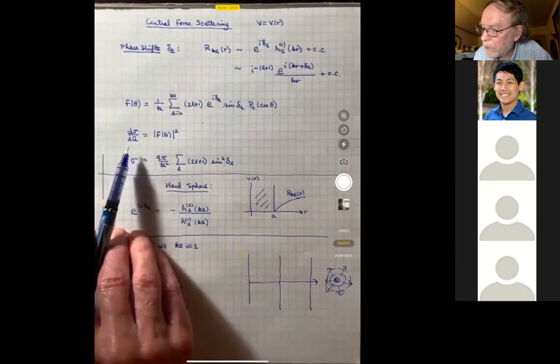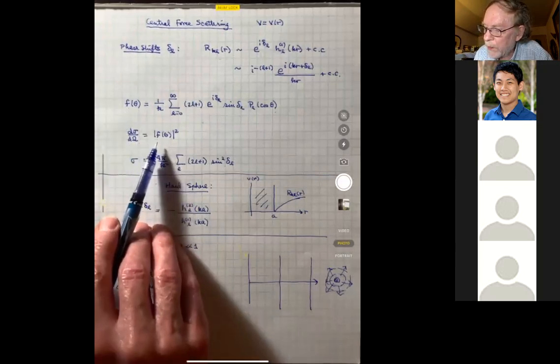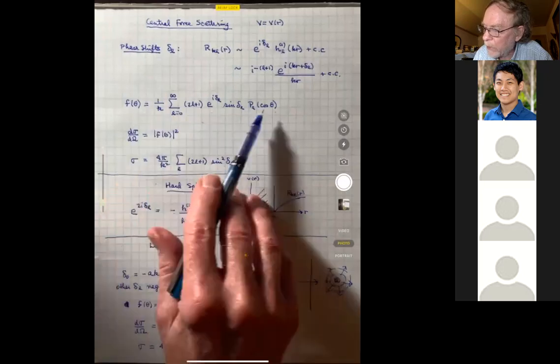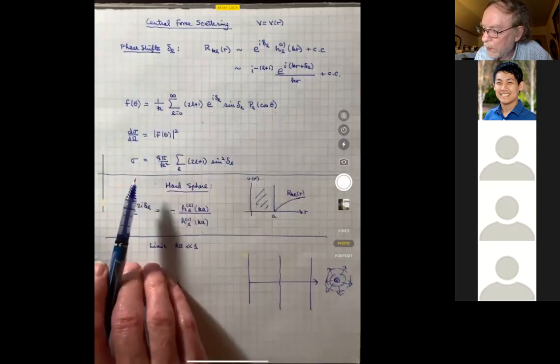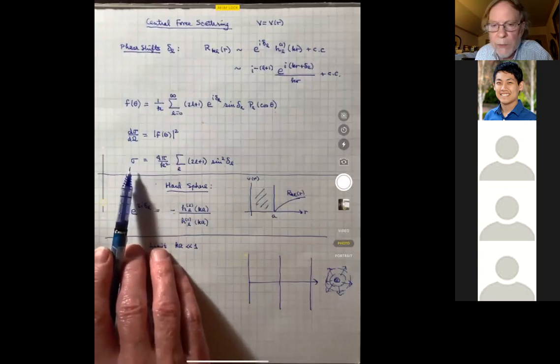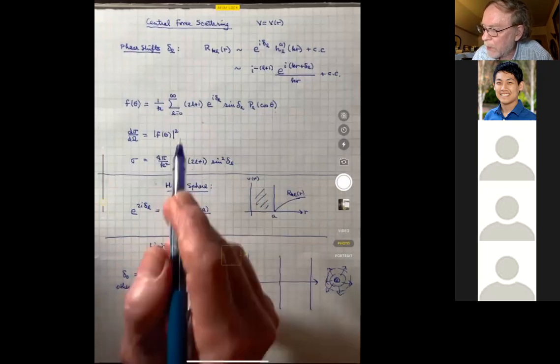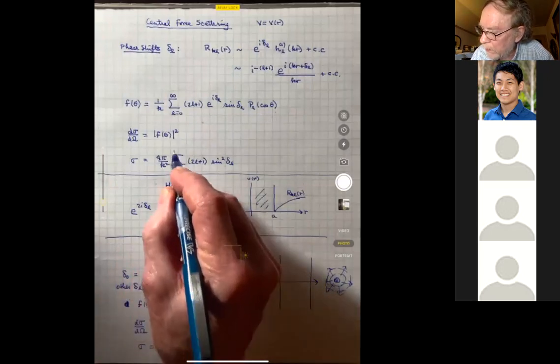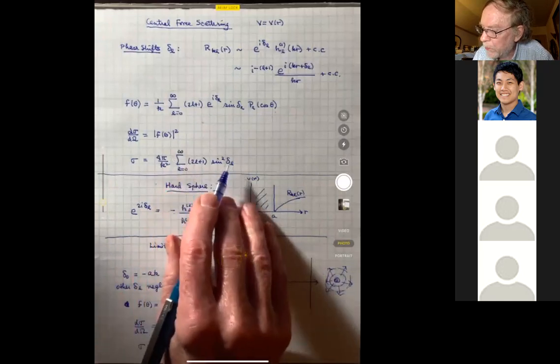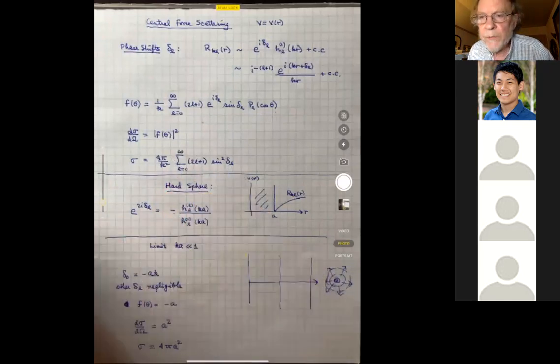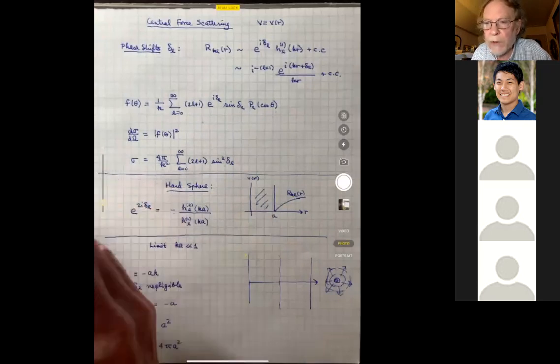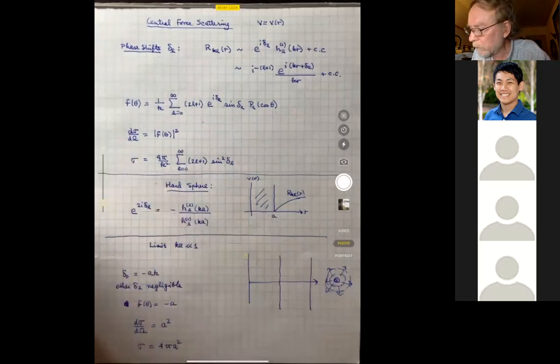In any case, the differential cross section is the square of the scattering amplitude, and you can square the series if you want and integrate over solid angles. And if you do, you get an expression for the total cross section sigma. It's 4 pi over k squared times a somewhat simpler sum. Again, this goes from 0 to infinity, which is expressed again in terms of the phase shifts. So if you know the phase shifts, you can calculate the differential cross section. You get everything you need to know. Now,